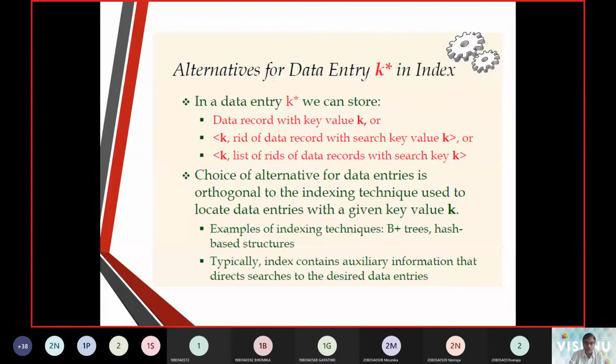Now, how are we going to identify the things? One, we take only the key value. Two, we take keys and records. Three, we take keys and record IDs.